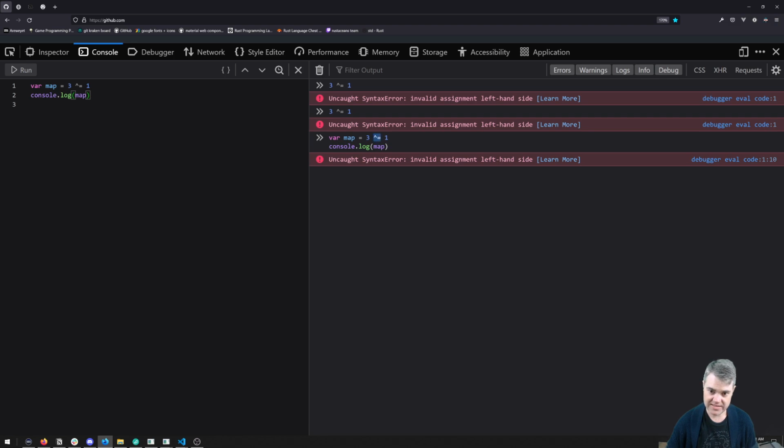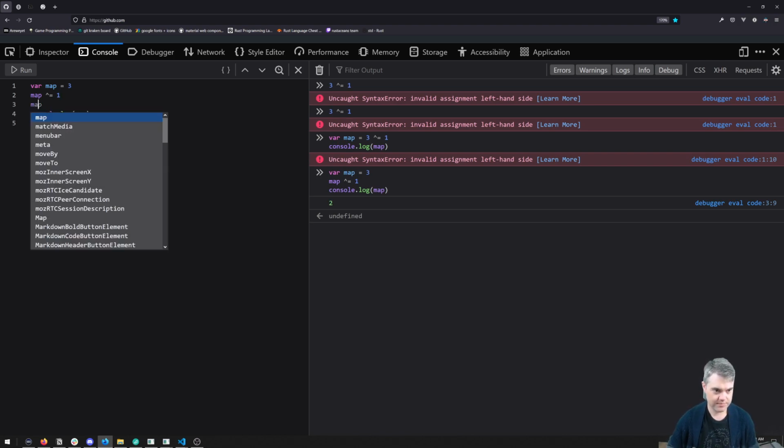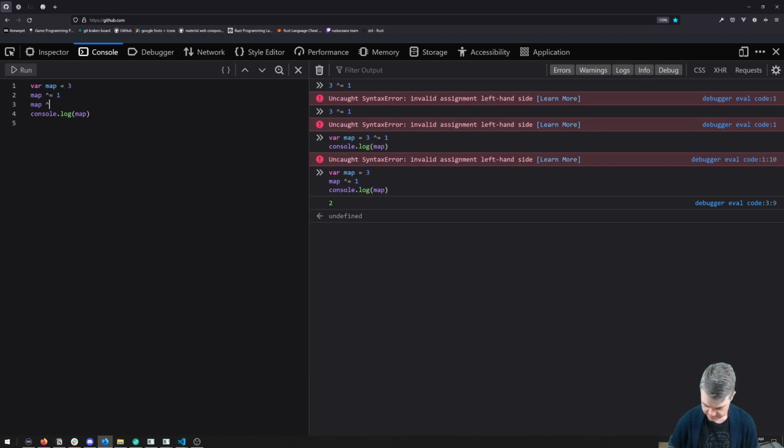Oh, wait, no, I know what I'm doing. I have to set it to 3, and then I can do map that equals to 1. And we see, okay, it's a 2. But if I do this again, it's back to a 3 again,